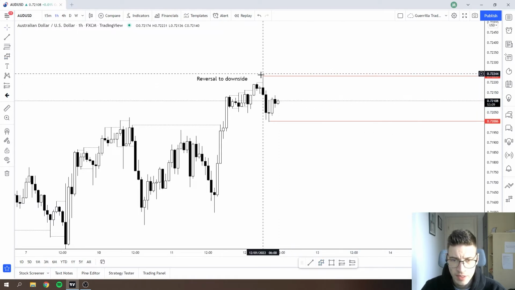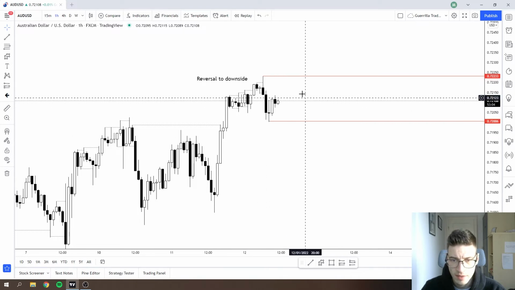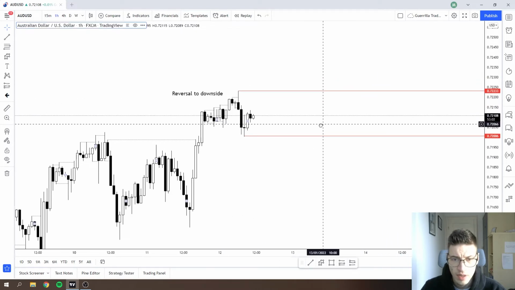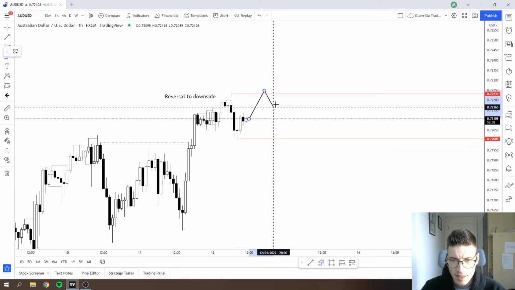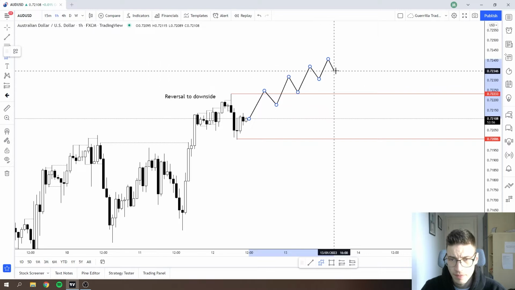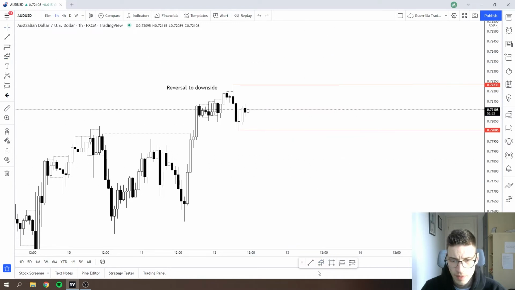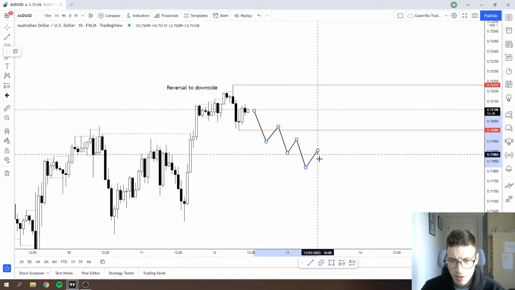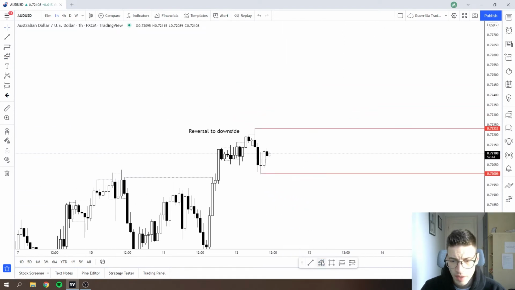Because I know when we see a push to the downside, double wicks and a quick pullback, it can often signal a range. Then what I would like to see is a nice ascending structure, a nice push to the downside, and look for a short trade. Or maybe we would get a descending structure, a push to the upside, and look for a long trade. I would also like to see a nice big impulse,